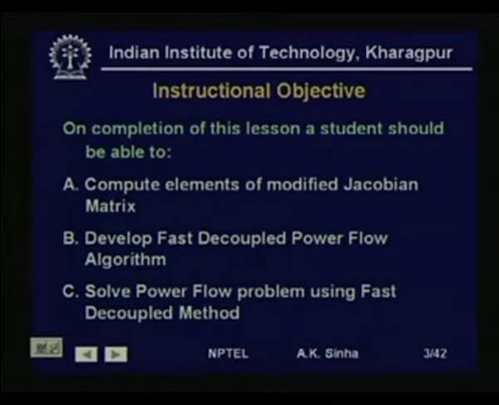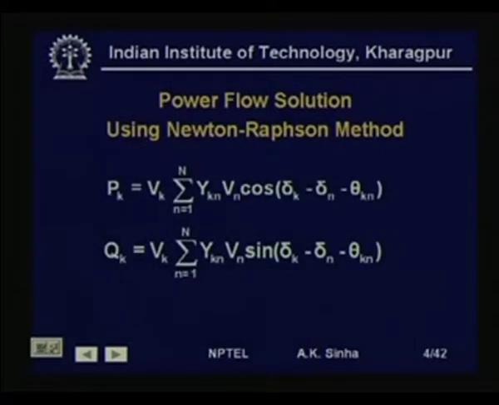On the completion of this lesson, you should be able to compute elements of the modified Jacobian matrix, develop fast decoupled power flow algorithm, and solve power flow problem using fast decoupled method. We will